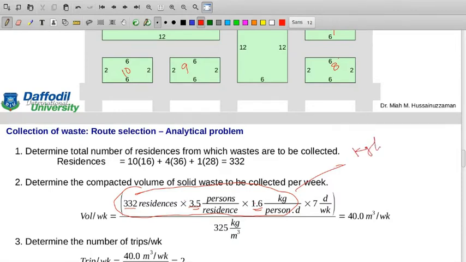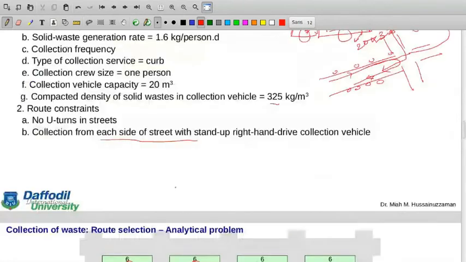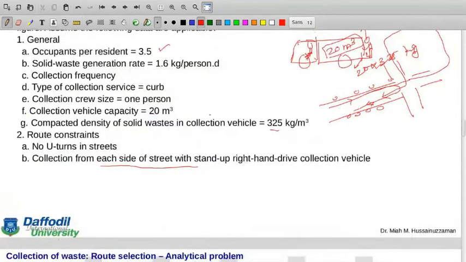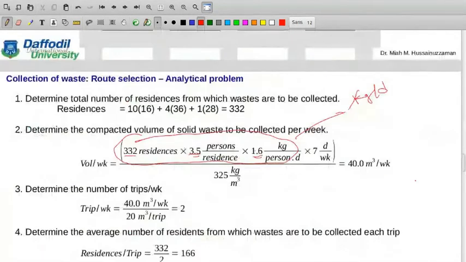Kg per day. Total amount of waste in kg per day if we multiply these three values. But they found that the amount of waste each day is too insignificant to fill the truck size mentioned. The truck size was 20 meter cube, but each day they produce only, let us check,